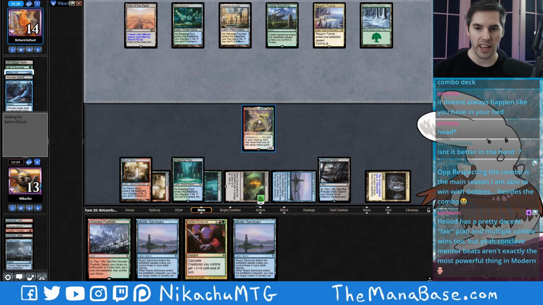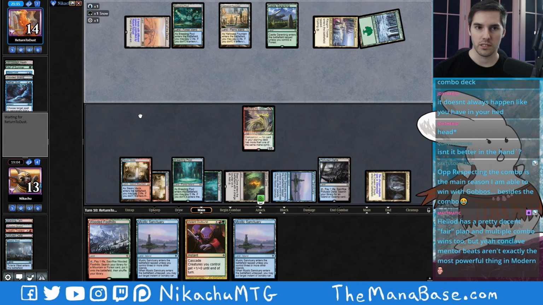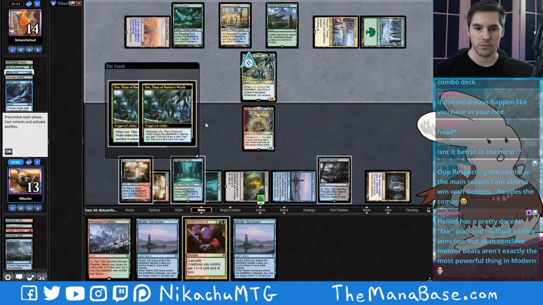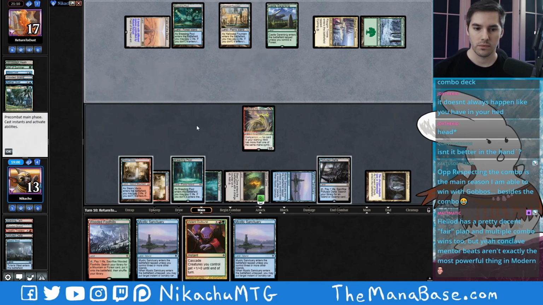Look at that beefy Gigantha. Look at that beautiful elk. The pride of nature. Or it was not a big deal. I guess it buys the opponent some more time, but